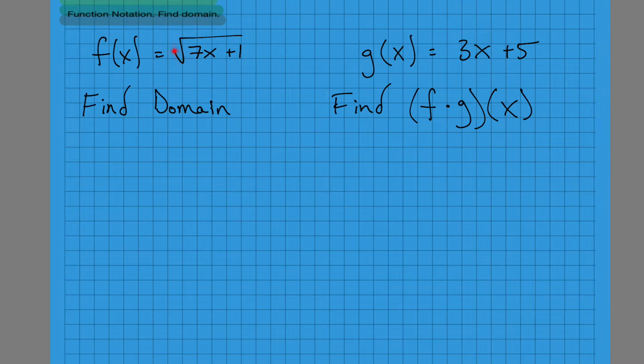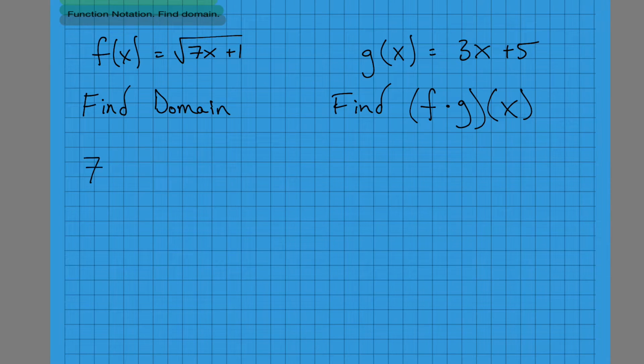And when we're finding domain, we see here that we have this square root. So what we want to do is make sure that everything underneath the square root sign is greater than or equal to 0. The reason why is if you have a square root of a negative number, you get an imaginary number. We're not going to work with imaginary numbers today. So we need to make sure that everything underneath the root sign here is greater than or equal to